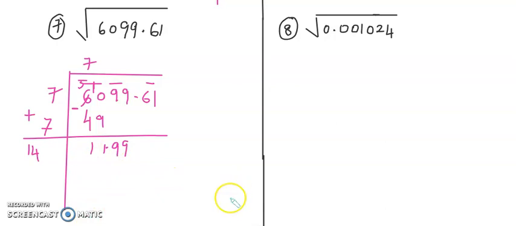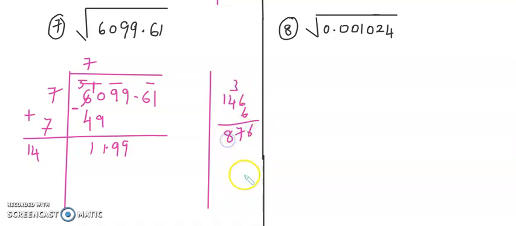Now 14, I have to go for the nearest. So let's try 146 times 6. So 6 6s are 36, 24, 27, 2, 8. No, let's try with 8s are. 148 8s are 1, 1, 8, 4. Let's check it. 8 6s are 48, 4 8s are 32, 32 plus 4 is 36. Yes. So it's 8s are 1, 1, 8, 4.